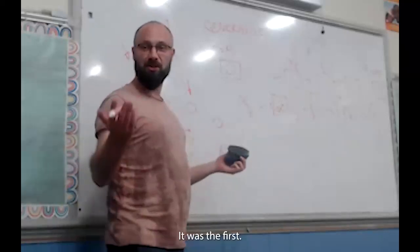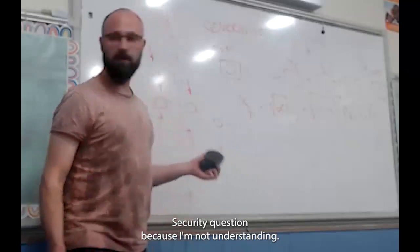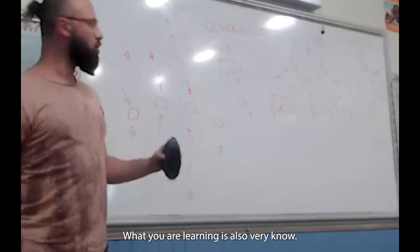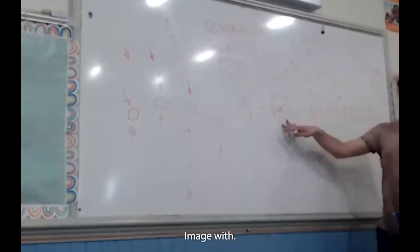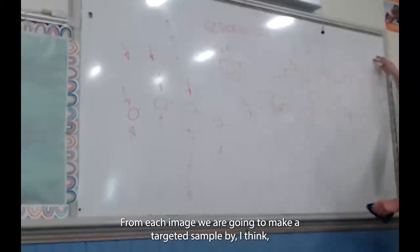Exactly. Was the question? Yeah, it's actually a question because I'm not understanding what you are learning here. Is it the alpha? No, here it's just how do we prepare the training data, not learning data. Okay. So the training data is just how we destroy the image. With each image, yes, 1,000 samples, right? Yes, from each image, we're going to make 1,000 samples